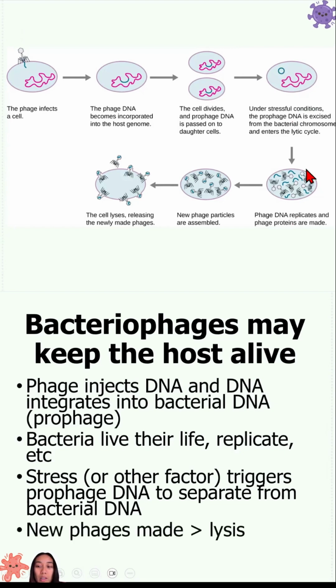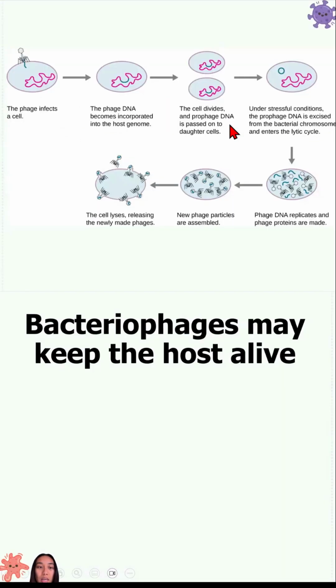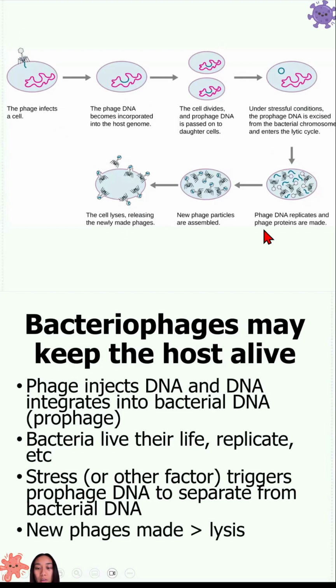And then we go back into the normal making more phages, and then the bacteria gets lysed after. And so this is another option for phages. They can either go through this cycle, which we call the lytic cycle, meaning that it kills the host immediately. So lysis means to explode. So this is the lytic cycle. And then here in this cycle, we are hiding for a little bit first, and we call this the lysogenic